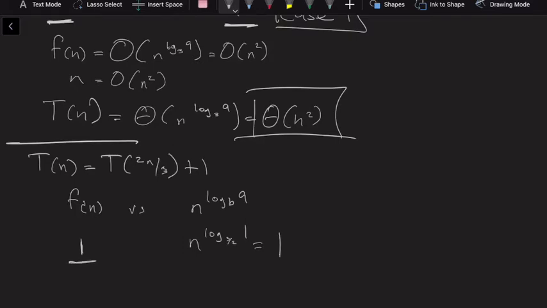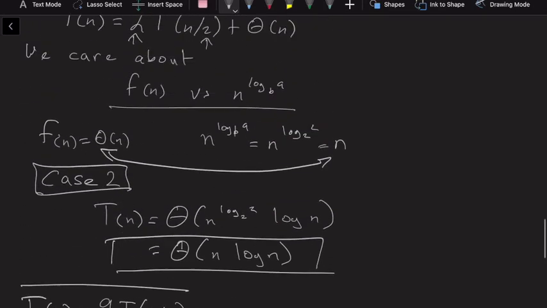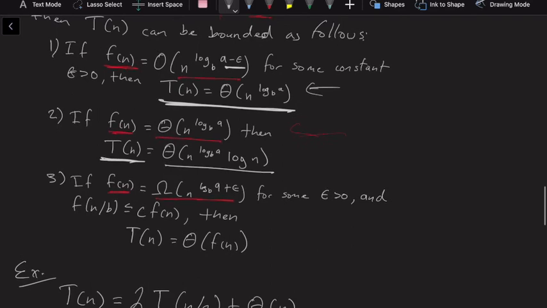So we have a comparison of 1 to 1. We know that f of n, which is 1, is theta of n to the log base b of a, which is also 1. So f of n is tightly bounded by it,